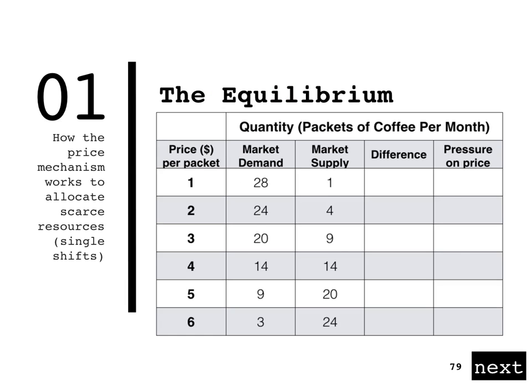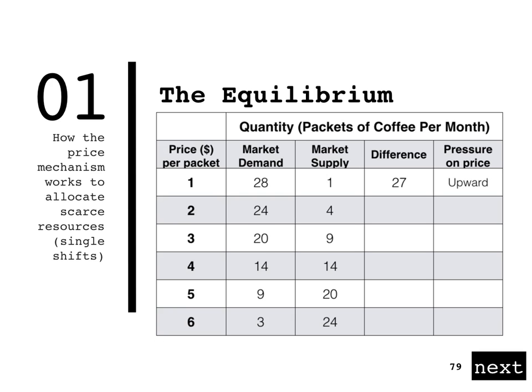Now this table in your lecture notes shows the market demand and the market supply for packets of coffee per month. You notice that at the price of $1, the quantity demanded is 28, while the quantity supplied is 1. What this means is that quantity demanded exceeds quantity supplied at this price of $1. This means that there is a shortage of 27,